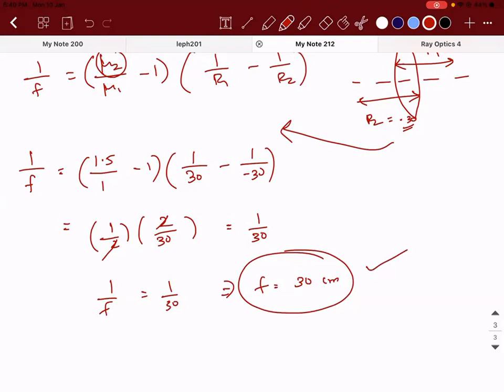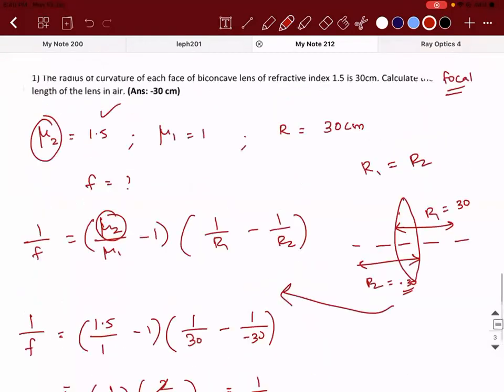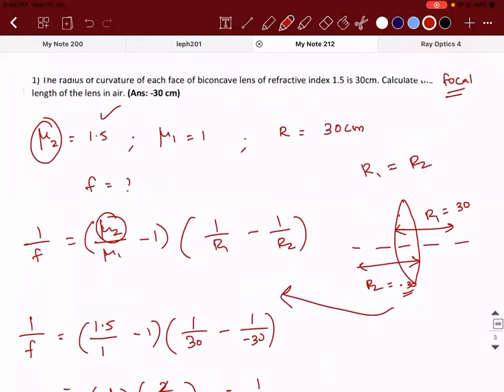If you observe here, generally you take lengths into consideration, right? What do you think is the relation between focal length and radius of curvature? Half. It is going to be half, right? But here, what are we getting? You're getting the same as the radius of curvature, because here the aperture and all those things are taken into consideration. Aperture is big, so you cannot do that approximation. Are you able to understand?